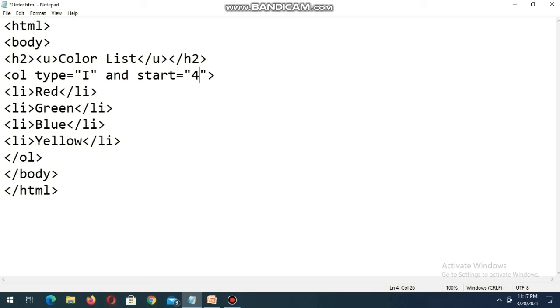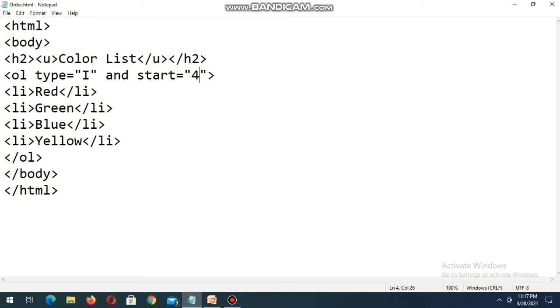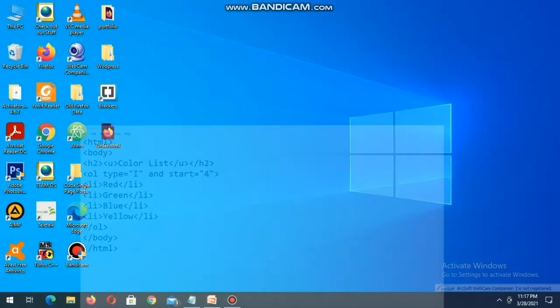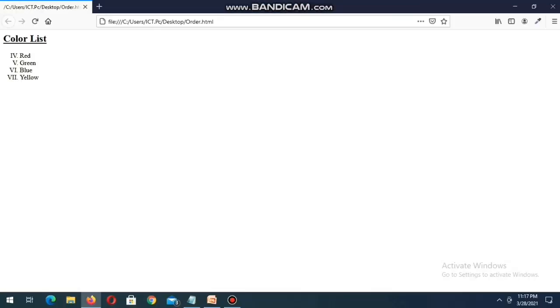HTML can understand only numerical numbers. Then save the program again. Just click the save button, then check. Again I double click here, order.html, then the color list in Roman numbers: 4 red, 5 green, 6 blue and 7 yellow. So the list is changed to Roman numbers.